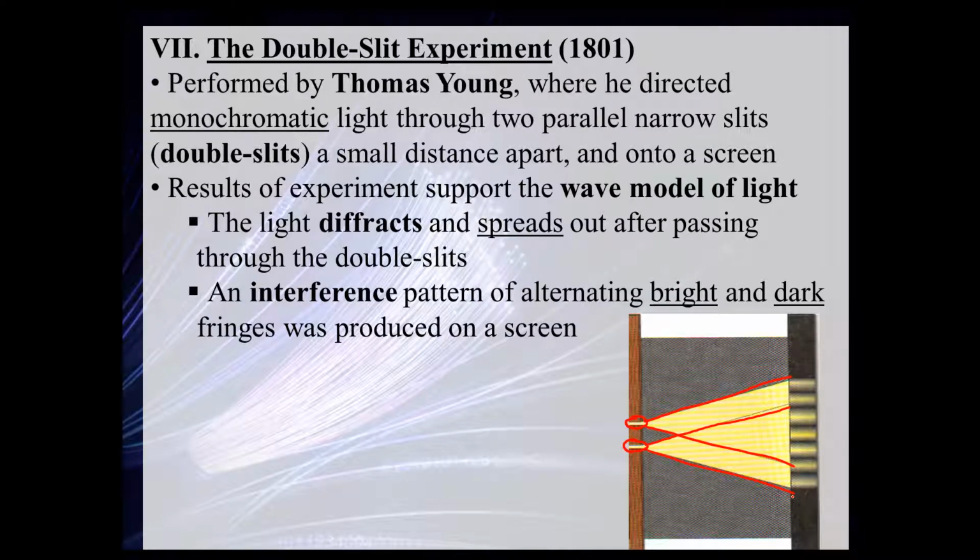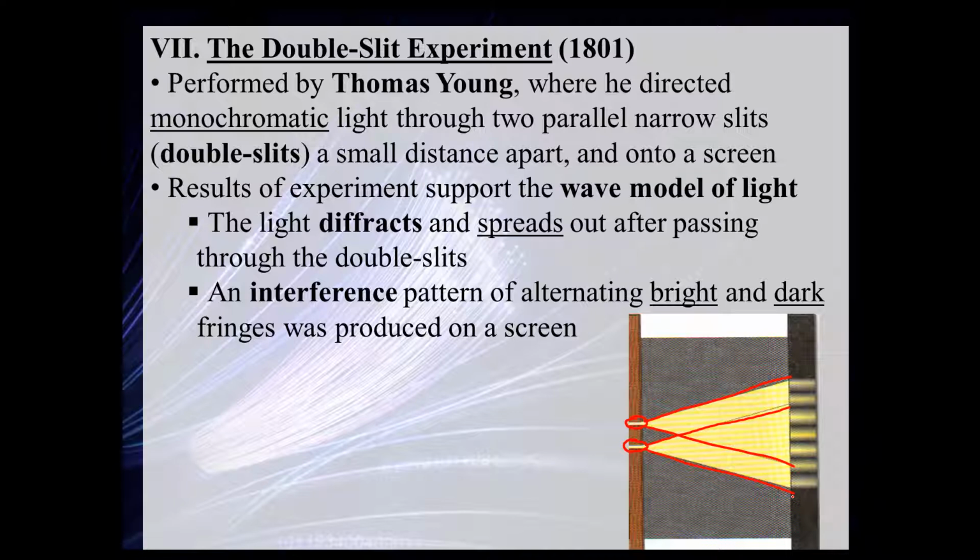2, we get an interference pattern. On the screen, we get this alternating pattern where you have bright and dark spots. We're going to use a different word for it. Instead of calling it bright and dark spots, we're going to call it bright and dark fringes. It just means the exact same thing. Therefore, just by observing the fact that we get the interference pattern on the screen when Young did this experiment,